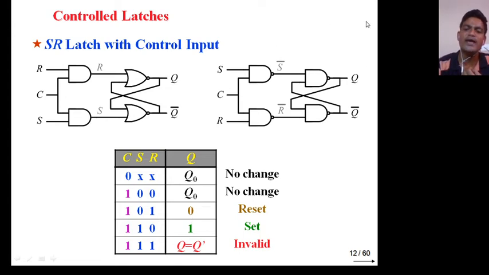So to make the common characteristics table, I am taking S here, R here. In case of NOR based, R here and S here, and replace AND by NAND and NOR by NAND. This is your controlled SR latch, or you can say SR flip flop. S means set, R is reset. Why is it called SR flip flop? Because with S you are getting the set condition here, and this is the reset condition.